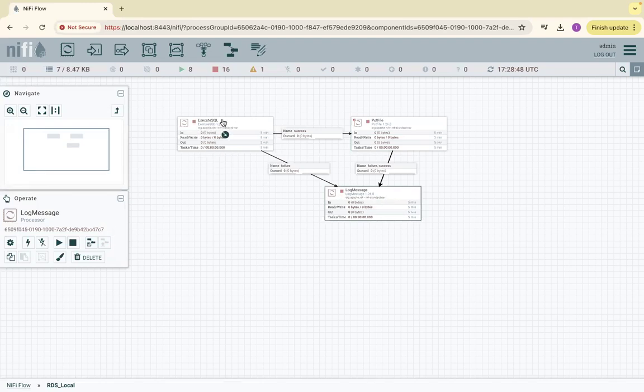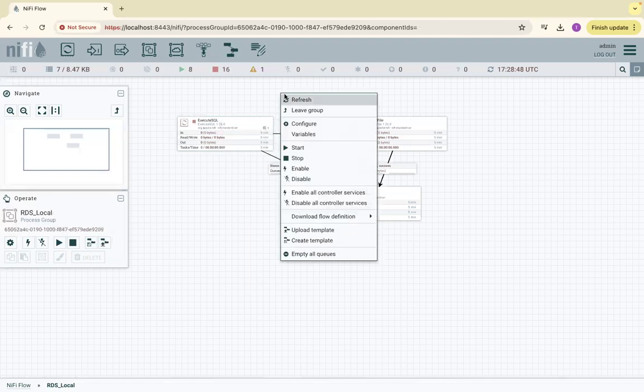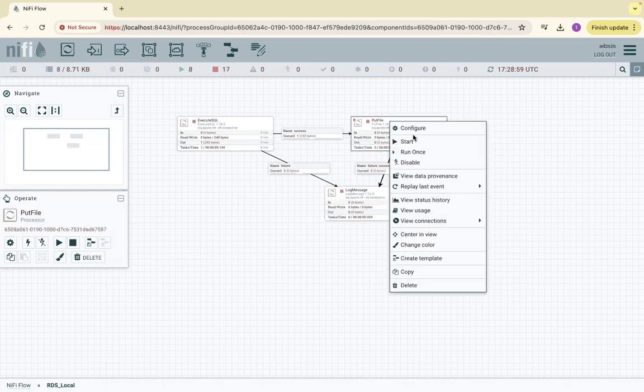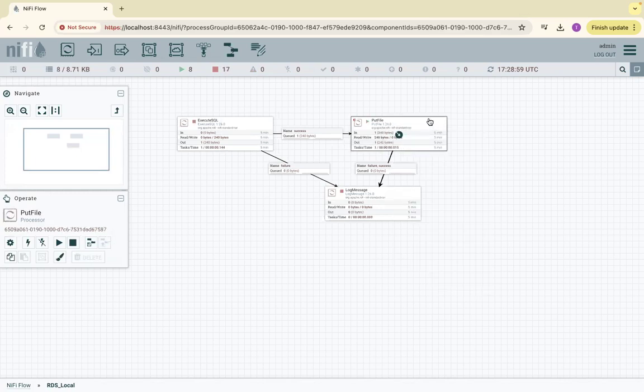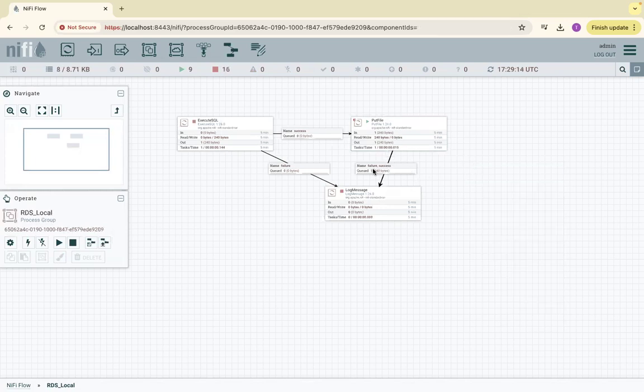So if I start, run once, refresh, I got one output over here, and it is queued over here, which is successful. It retrieved and it is going to put file. If I start this put file, it also ran successfully and queued. There is a failure for sure because it went into the, okay, there is both success and failure,